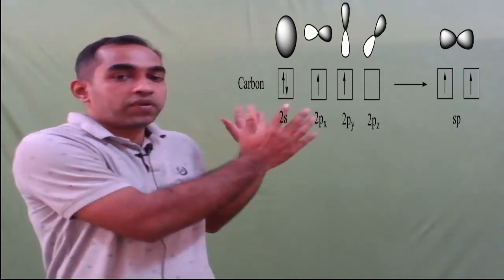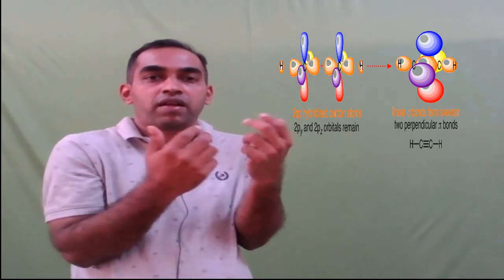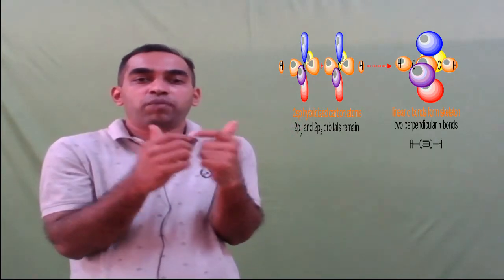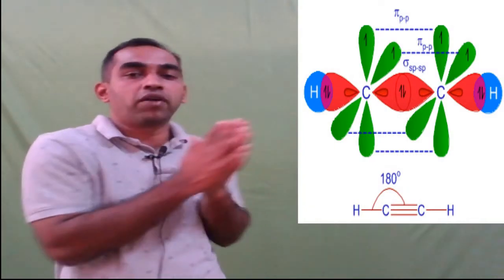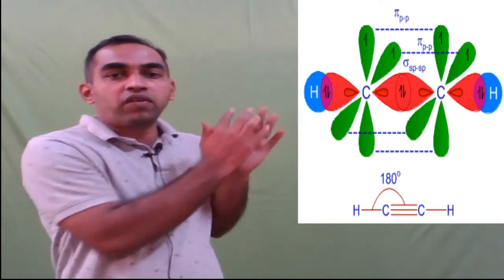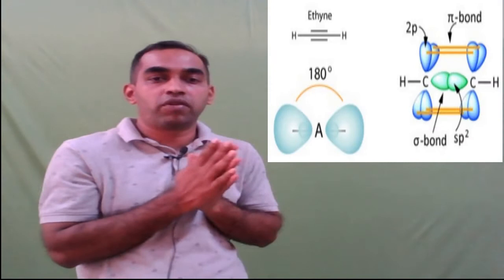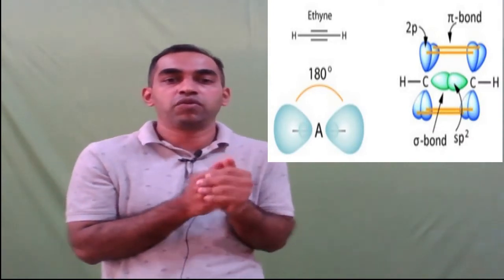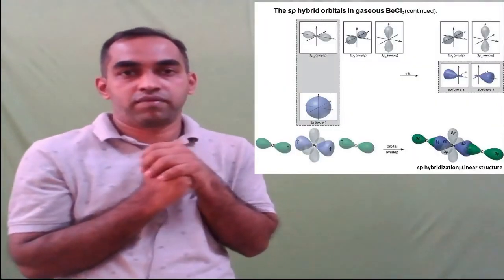So during the formation of the acetylene molecule, you can see C-C bond formation takes place, one through a sigma bond, and the remaining two p orbitals which are perpendicular to each other overlap sideways to give two pi bonds. So two pi bonds and one sigma bond between carbon and carbon, and there are two sigma bonds in total with hydrogen, two C-H. Another interesting example from inorganic chemistry is beryllium chloride.